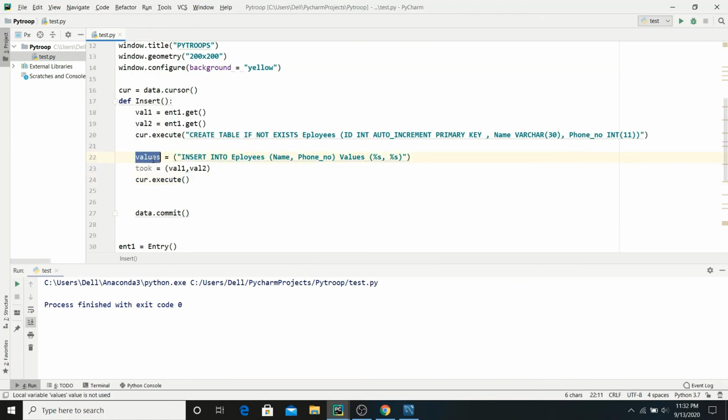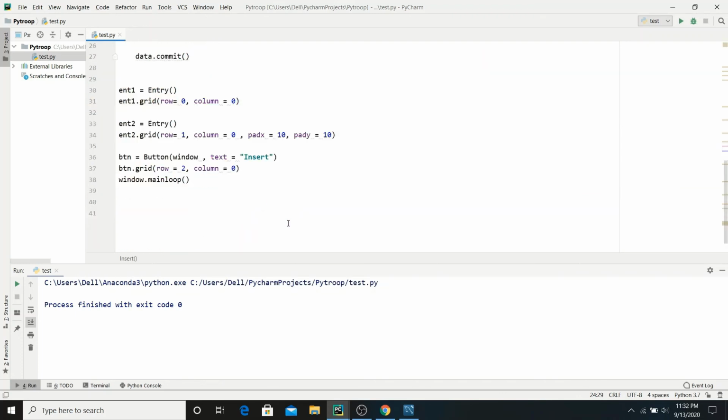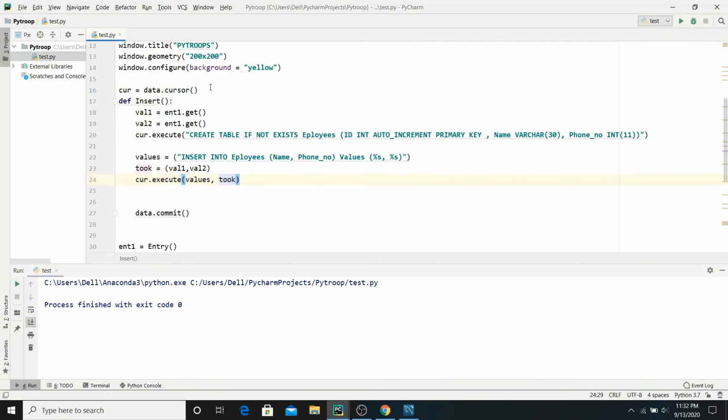We have to pass the query with the placeholders, and then we have to pass the actual values. Now we have the two values inside the variable tup, so we pass this tup variable, which has the two values.